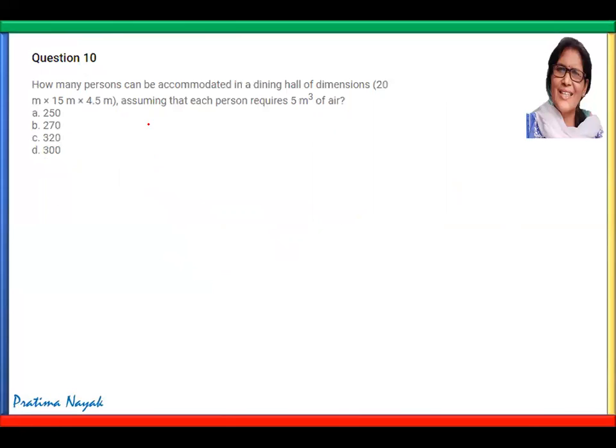Question number 10. How many persons can be accommodated in a dining hall of dimensions 20 meter, 15 meter and 4.5 meter, assuming that each person requires 5 meter cube of air? For one person we need this much air, and the total availability of air in this room is the same as the volume of the room. So it will be how much? Volume of the room is